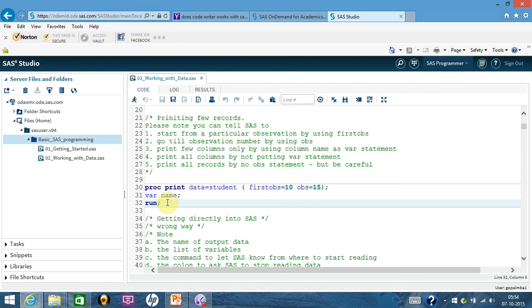Let me show you how you import a file in SAS. For importing a file in SAS, what you need to understand is that till the time you are here, it will not show any upload and download. But the moment you go to a folder which you have created, like I went here and created a new folder using the new button here, now the upload is active.